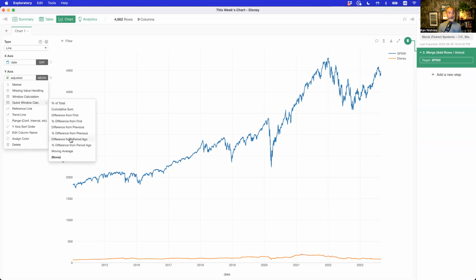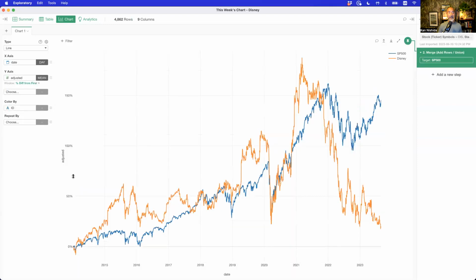And there are some shortcuts here. I'm going to select the percent difference from first. If I select this, what just happened is that the very beginning of the orange line and the blue line becomes the starting point, or baseline, if you will. Any changes in stock price compared to that first day are calculated as a difference, and then they compare the difference to the original stock price. That way the percent change, or percent growth or decrease, is calculated here and